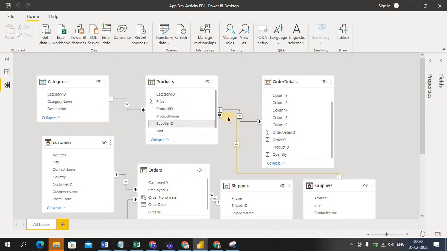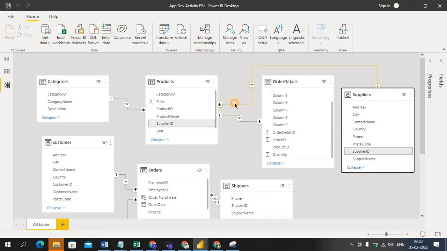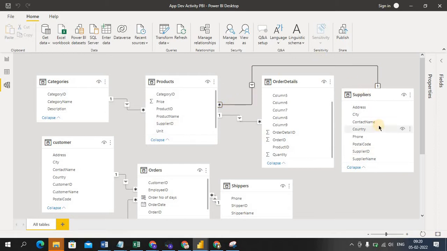Now one more table is joining this product. So what is that table? Shipper ID, so this one. Okay, so shipper ID, joining with the suppliers. So from this I get some information, right? This product table is joining with the suppliers also.